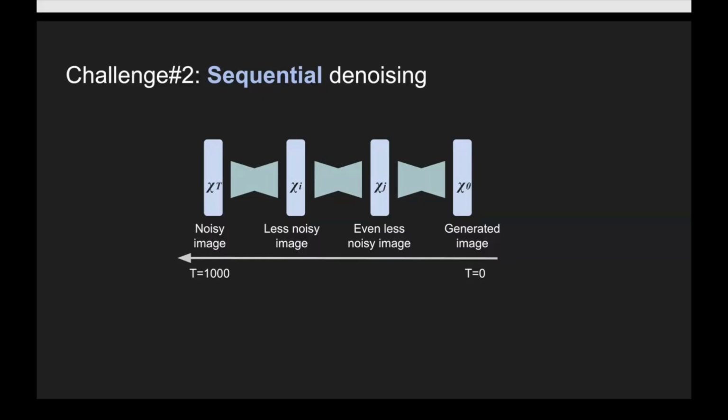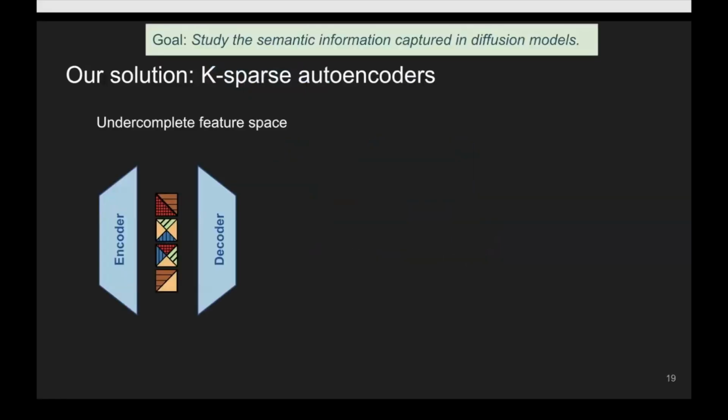Given this, which slice in the noise scheduling timeline should we sample, and how does that make a difference in what we understand about the model? These two were the primary challenges when you compare it with standalone convolution or transformers, when really digging deep into the visual representations that are being learned. So again, the goal is to study the semantic